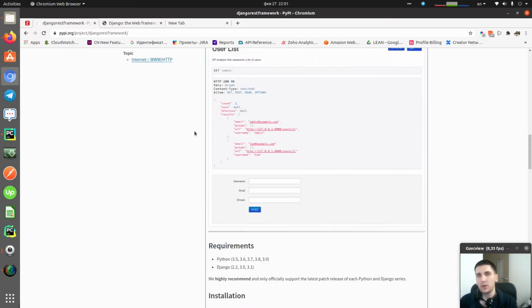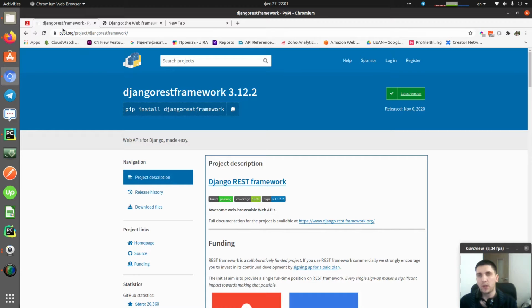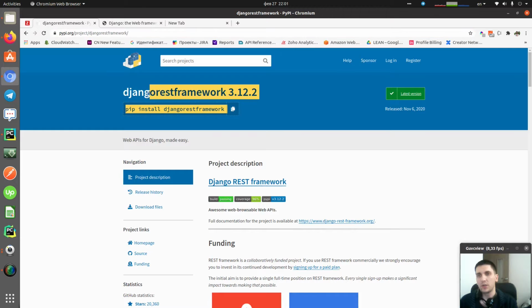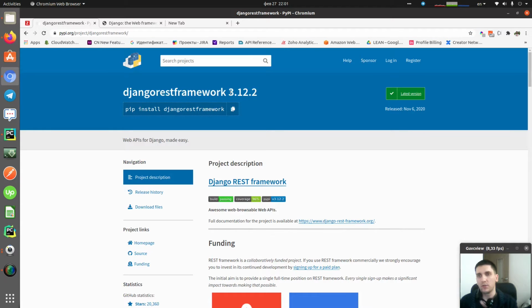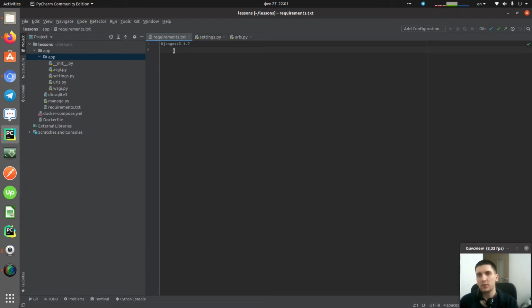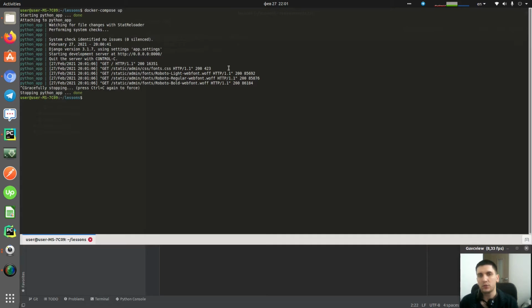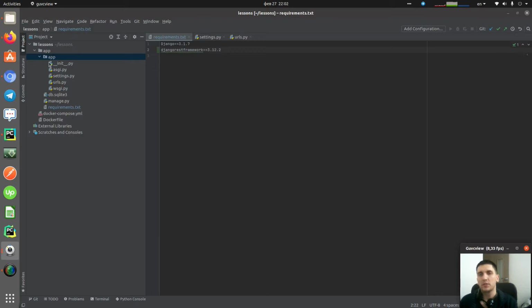So first of all, I opened PyPI with Django REST framework. We have the latest version of the REST framework for now. I'm going to add it inside of our requirements.txt with this version. After that we should rebuild our container using the command docker compose up --build, and this requirement will be added inside of the container, and we will have the Django REST framework in our